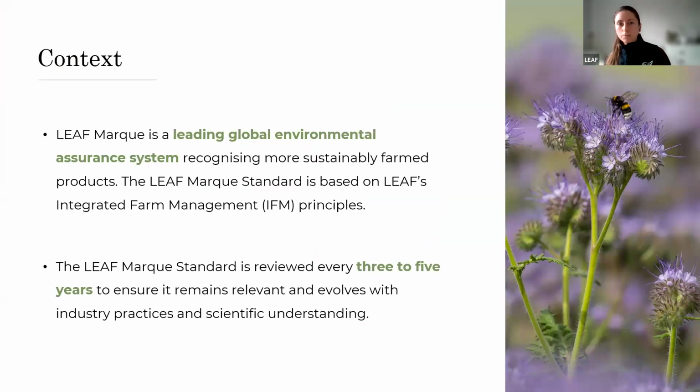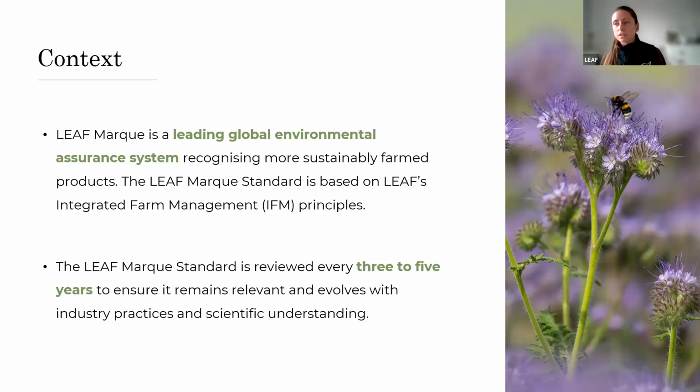So to provide some context for this consultation and the development of this new version of the LeafMark standard, for those who are interacting with Leaf for the first time or new to LeafMark and the LeafMark standard, LeafMark is a global environmental assurance system that recognizes more sustainably farmed products.